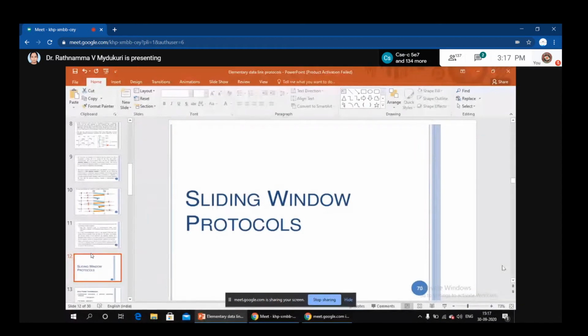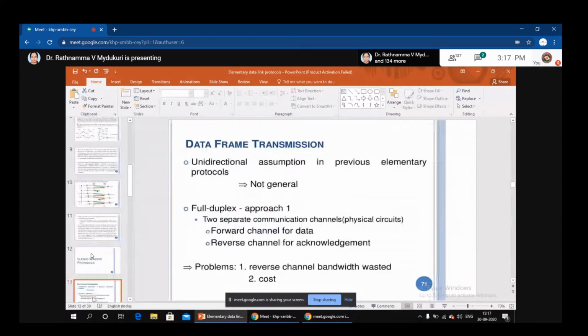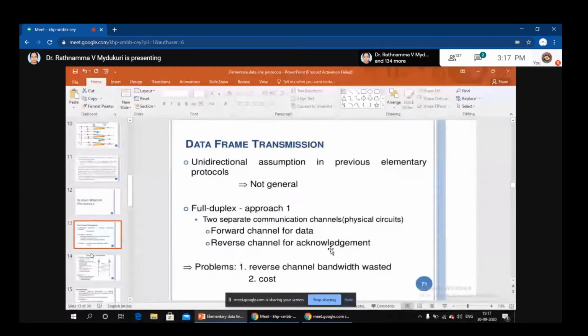Now we are discussing the sliding window protocol. See here, data frame transmission. Unidirectional was the assumption in previous protocols. Full duplex means we have two separate communication channels. One channel we will use for sending data, and the other channel we will use for sending the acknowledgement. So these are the two methods we have seen in our previous protocols, which are called elementary